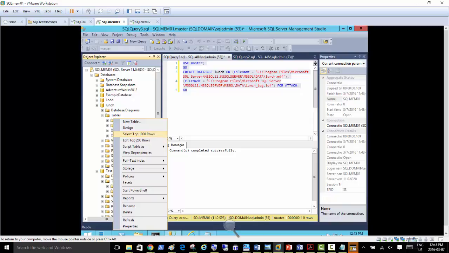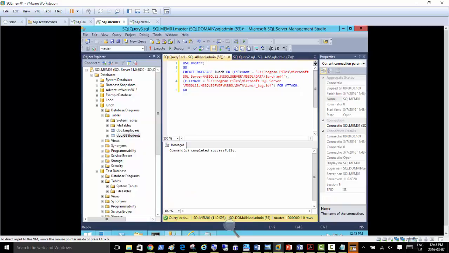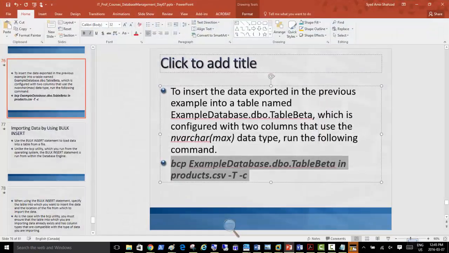There are 500 rows here, so we need to have that column there first. It says so there. To insert the data exported in the previous example, the table has to be configured with two columns, with nvarchar max configured here.